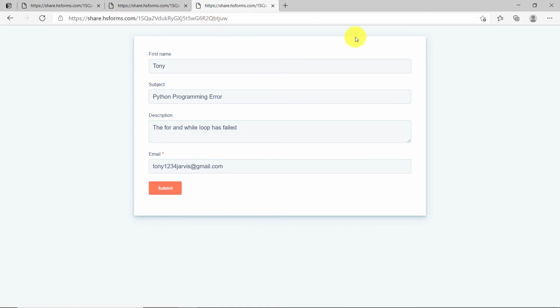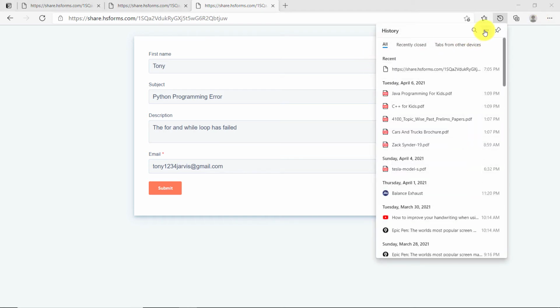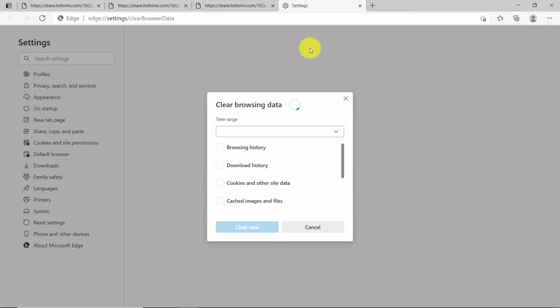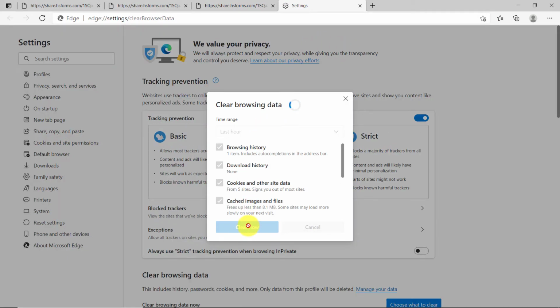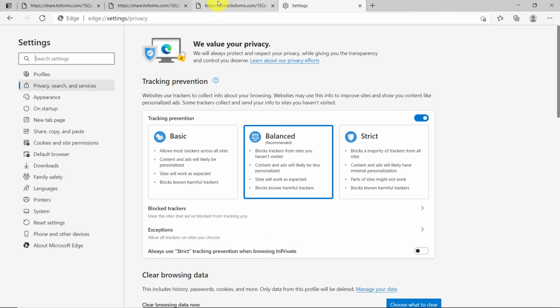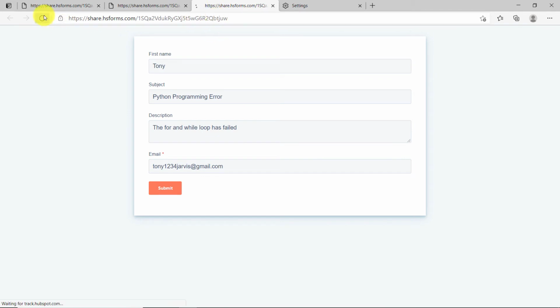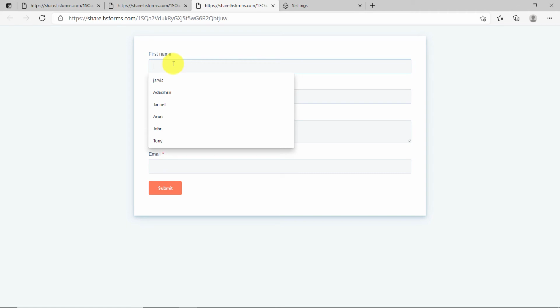And before we click on submit, there is something I have to do. I have to remove the cache. Let me remove the cache by clearing the history, because it will create problems for us; it will give wrong data if the cache is not cleared. So let me click on refresh. Okay, so as you can see, we are going to fill in new details.